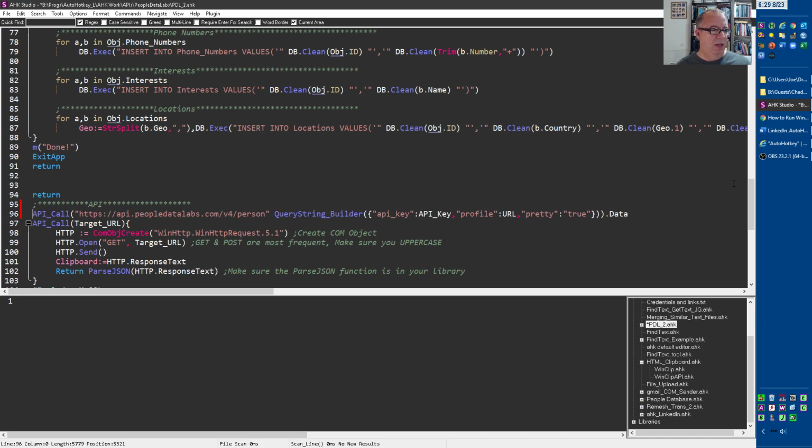So this is the function API call, and this is the endpoint you're going to, and then the query string builder, and it's your API key. So you write a little function called query string parameter, which just concatenates them with the question mark and ampersand and things, puts them in the proper form for HTTP protocol. But the API key, I have it hidden that way I don't have to show you and block it or anything. So it's just not in here, but that's my key that I got with them. The URL, this is where I was looping over that file and each time getting the next person. And then how you want to return it. I probably didn't need this because I didn't really care how it looked, because I was grabbing the JSON data.